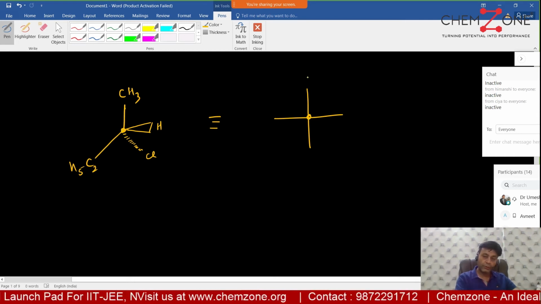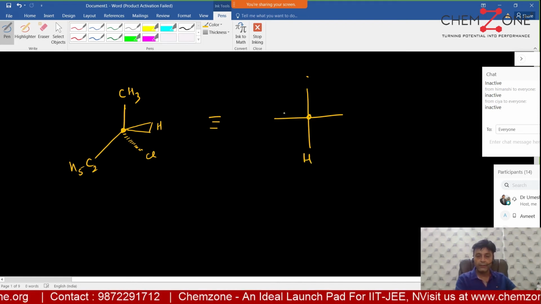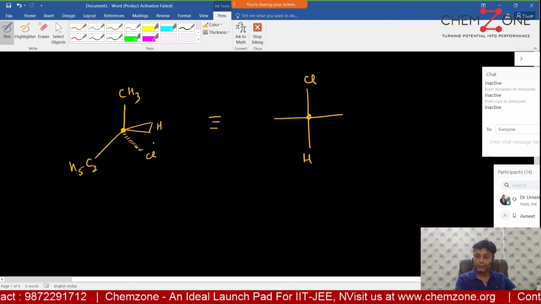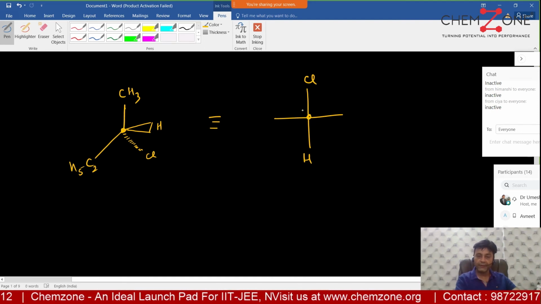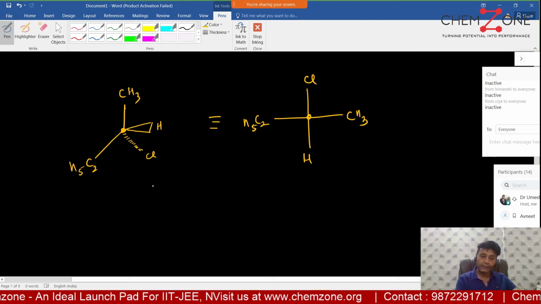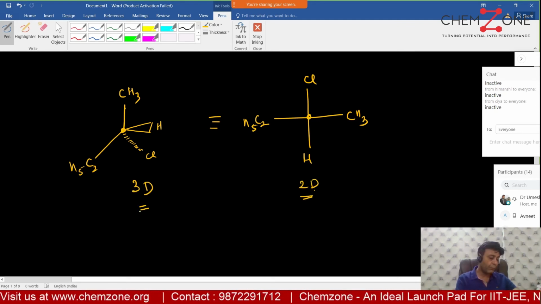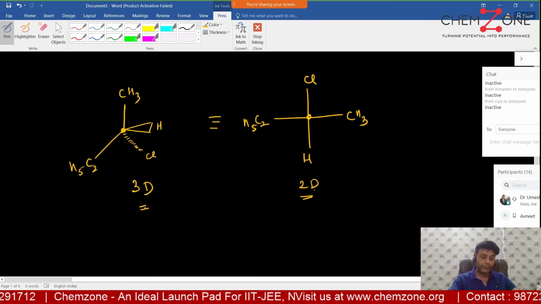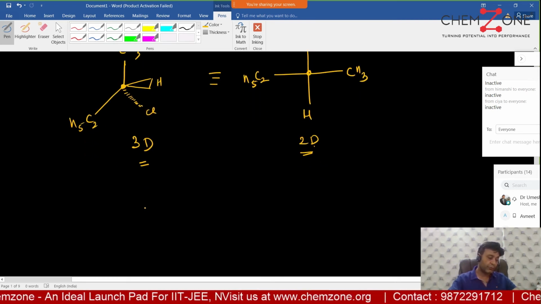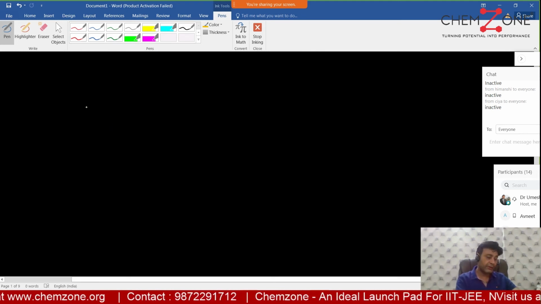How to convert now? Chlorine, hydrogen, this is towards the observer. Bring this down. Bring chlorine up. The up and down ones have come. Left right ones are methyl and ethyl. This is the representation of a molecule, right? It's a 3D representation here, it's a 2D representation here. I'll make more cases also. That is how we represent from 2D to 3D or 3D to 2D, both ways. Now you made the representation of the enantiomer like this just now.